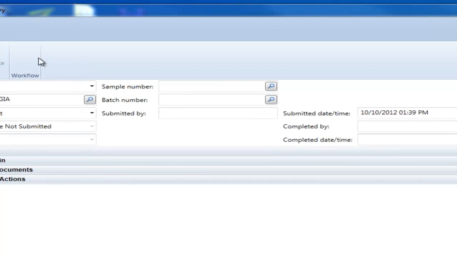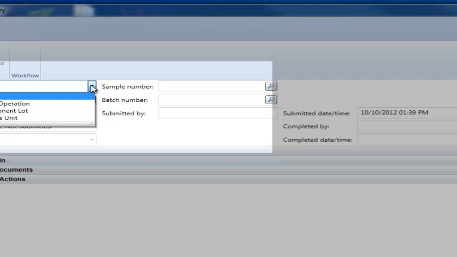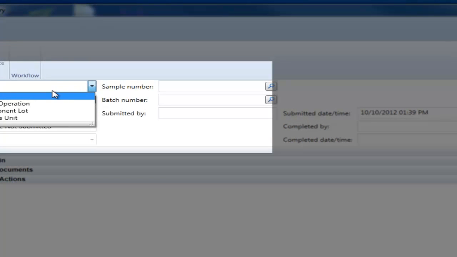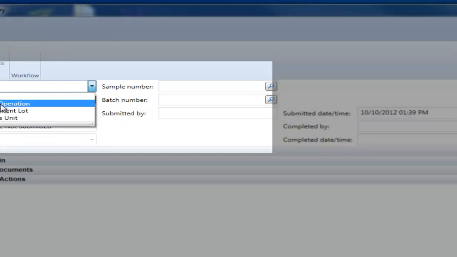Additionally, one of the big things that we've added in QC test results is the ability to enter QC tests for the entire batch. In other words, add all the tests that you've got throughout the life of the batch or for just a batch operation. In version 2,